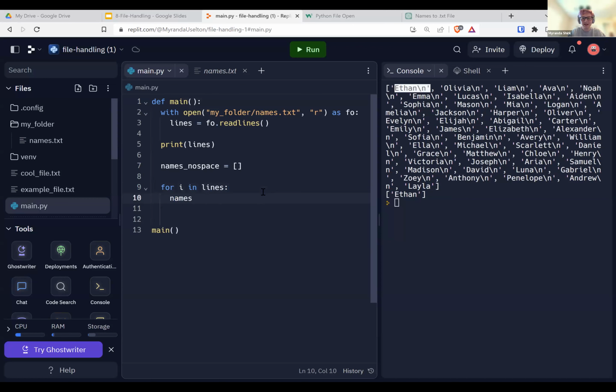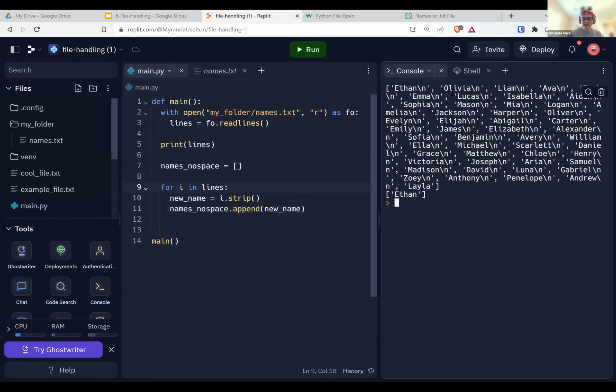I'm going to append here. I'll say new name equals i dot strip. So it's going to go through each item in the list and strip it. And now I'm going to append. We are combining all of the things we've learned today. Append that new name to this empty list. And so what this is doing, it's going through each name in lines.